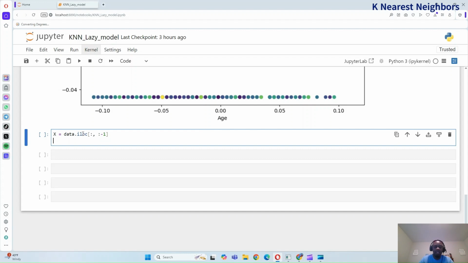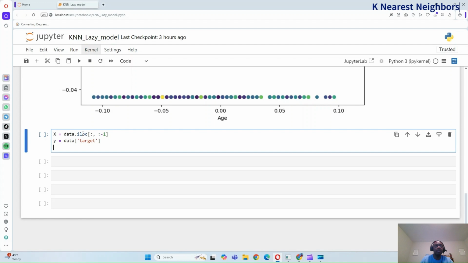So it's one of the ways to do it. And now that we have separated the target,